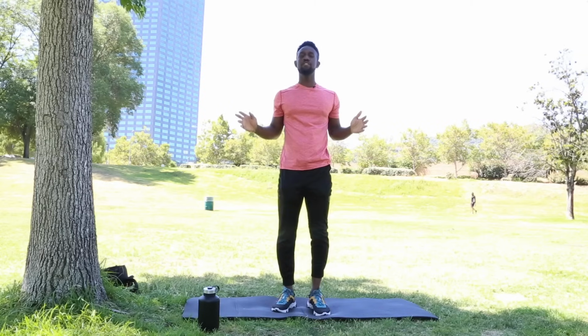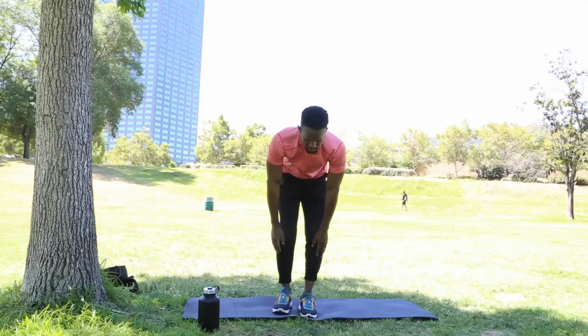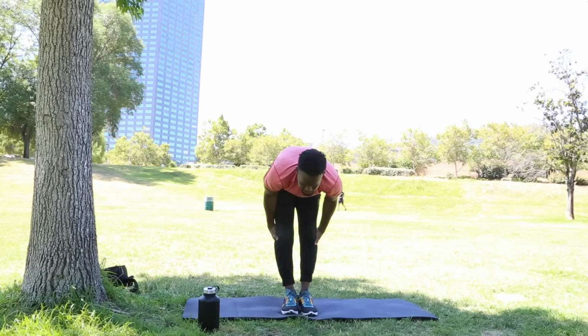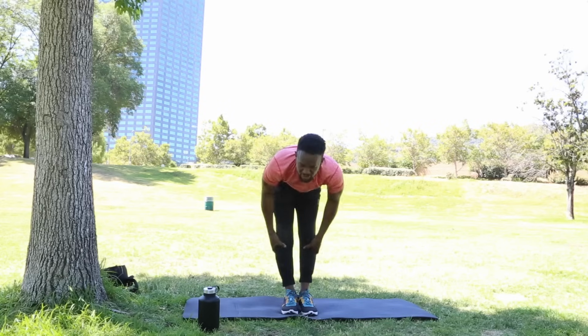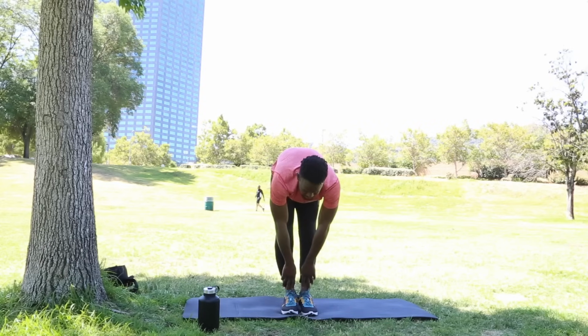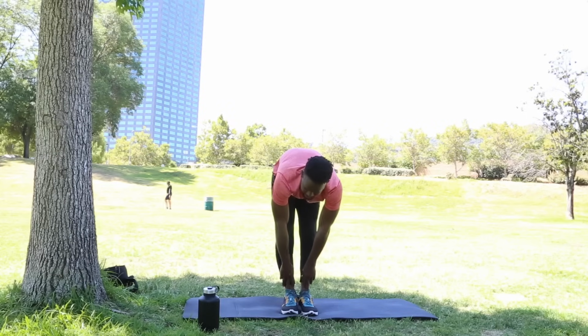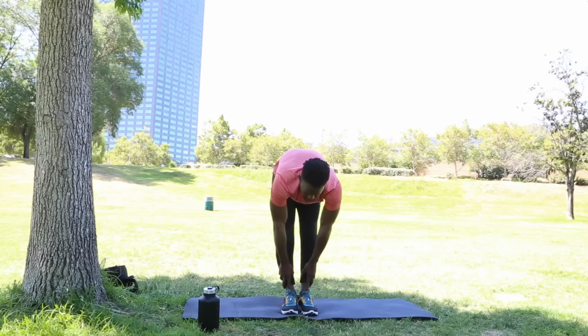Okay guys, so the very first thing that you guys are going to try is putting your feet together and grabbing your ankles. So now when you hold this position, you're actually stretching out a little bit of your hamstrings, your calf muscles, and you're also kind of stretching your back as well. So if you can, try to grab your ankles. If you can't grab your ankles, just reach down as far as you can and just hold it for about